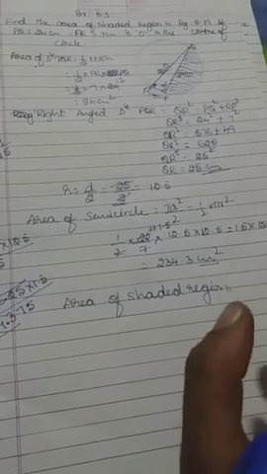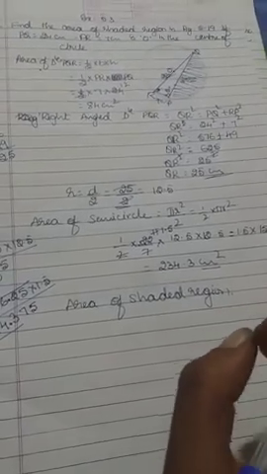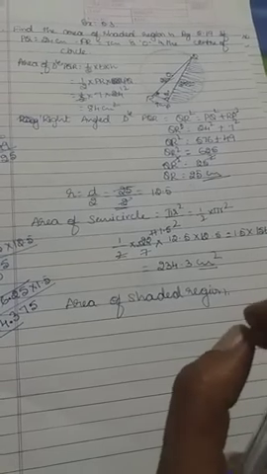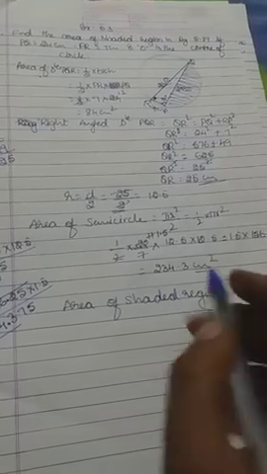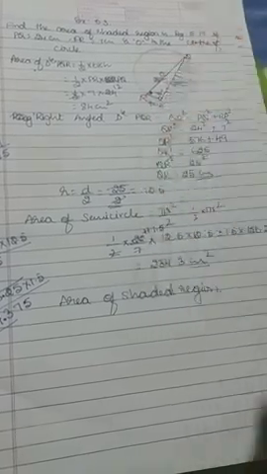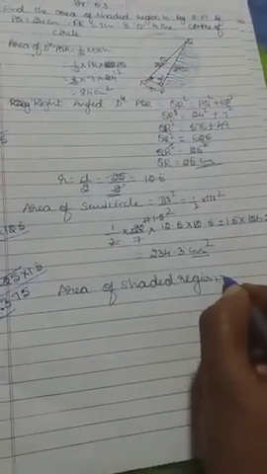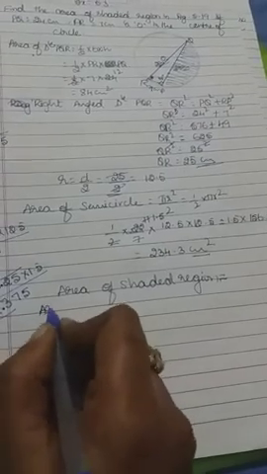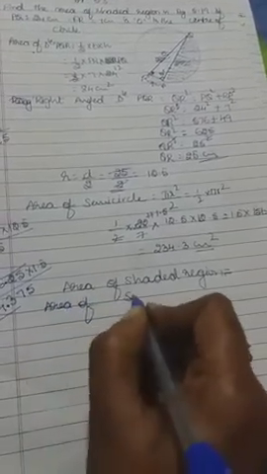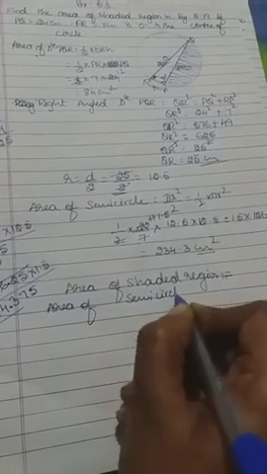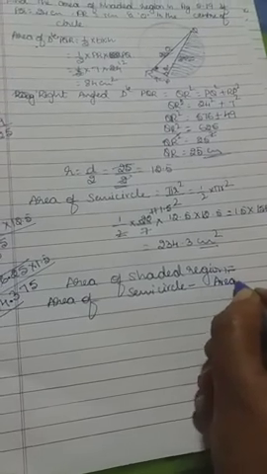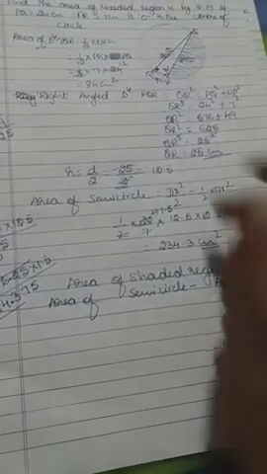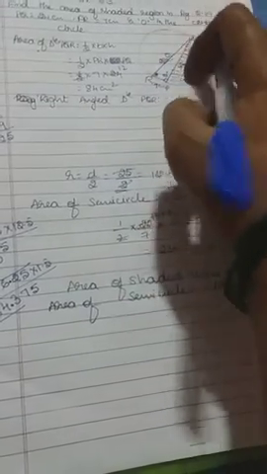Definitely in this exercise, there will be questions for 3 marks to find the area of the shaded region. Keep in mind, it is a sure question. So concentrate on this properly. It is in the semicircle, that's why area of semicircle minus area of triangle we can get. So area of shaded region equals area of semicircle minus area of triangle. The whole semicircle minus the triangle, if we do this, we can get this area.